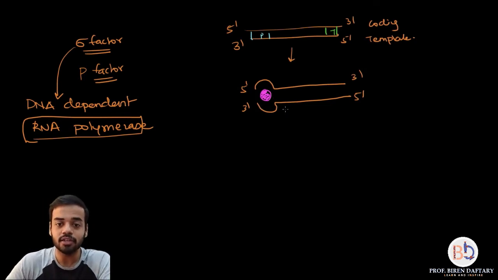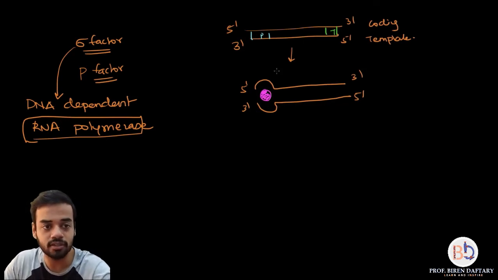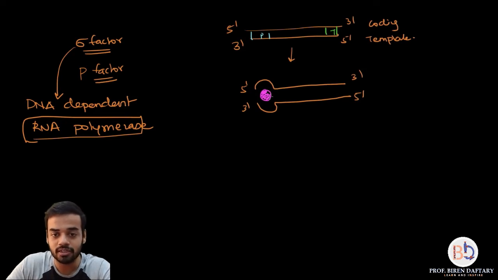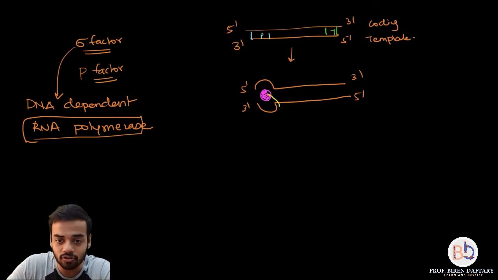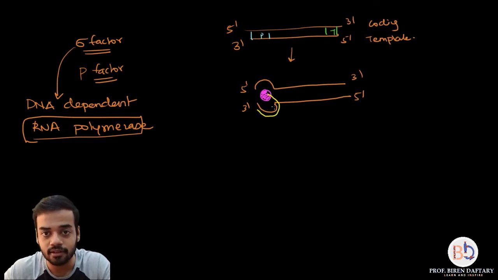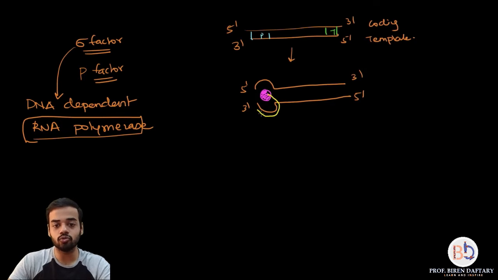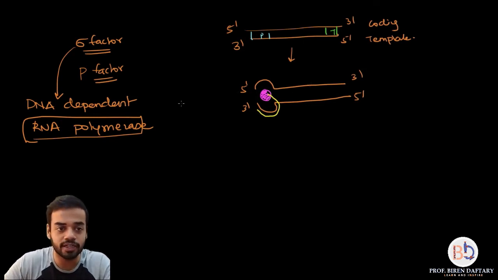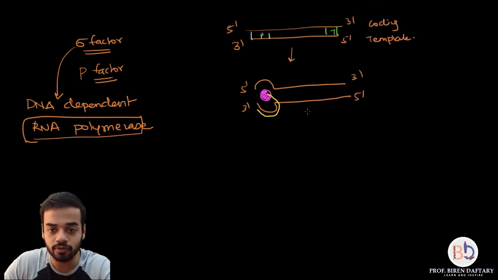Is this clear? So how is this mRNA formed? I am going to show the mRNA with a yellow color. One end of the mRNA is attached to the DNA dependent RNA polymerase and the other end is forming the complementary bonds with this template strand. Is this clear? As soon as the bonding over here is complete, this RNA polymerase will move towards the right hand side. It will slightly move ahead.